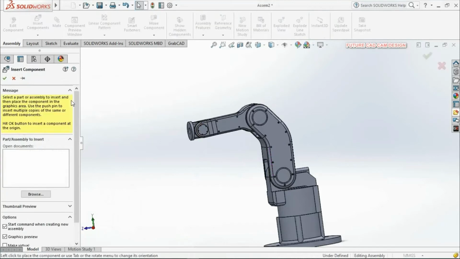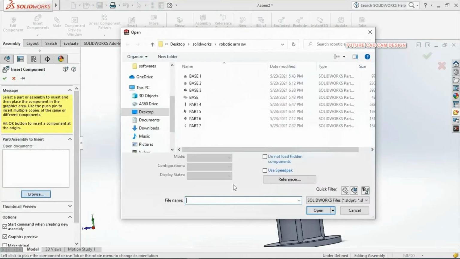So again insert component, browse, part number 6.